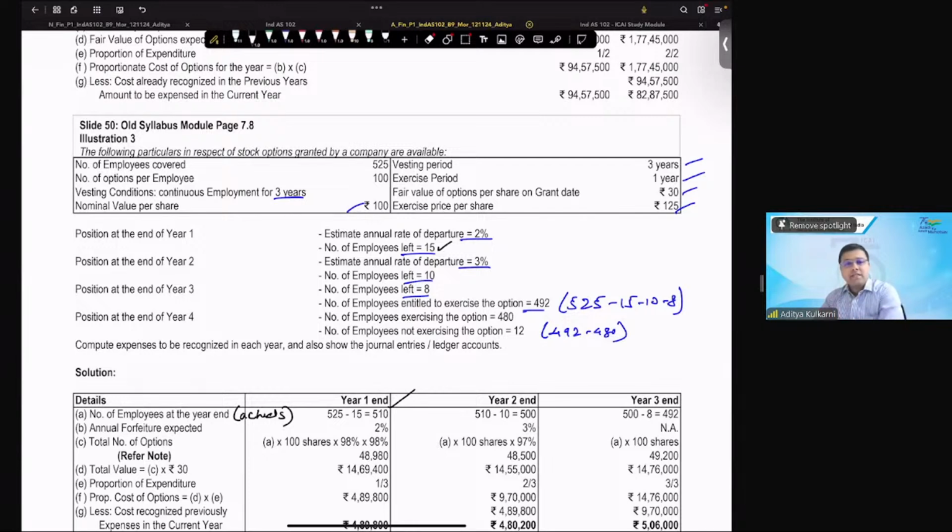So now in the next 2 years, I expect 2% to leave. This is annual rate of departure. Look at the words. It is annual rate of departure. It's not total departure. So in year 2, 2% will go. In year 3, a further 2% will go. Are we able to understand this? Yes, sir. It's not 2% cumulative. Okay? It's 2% on an annual basis. So therefore,